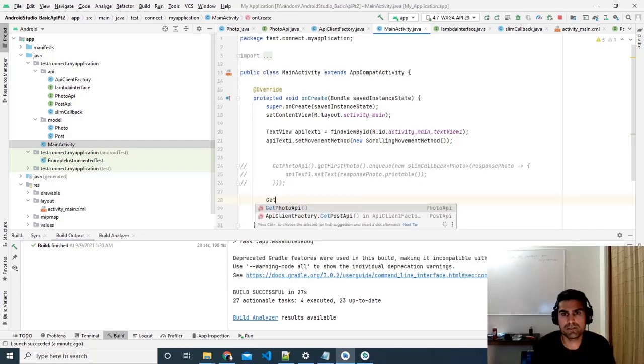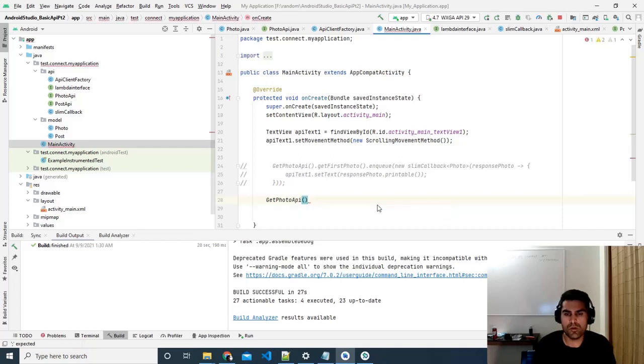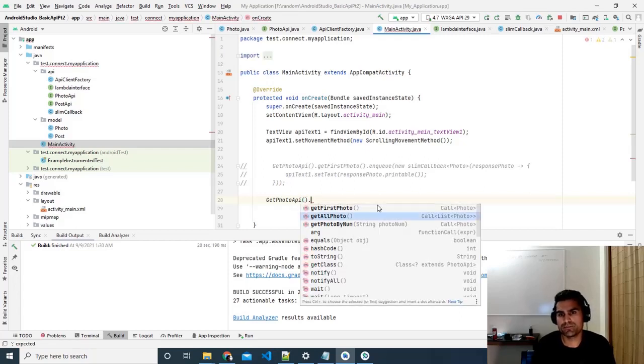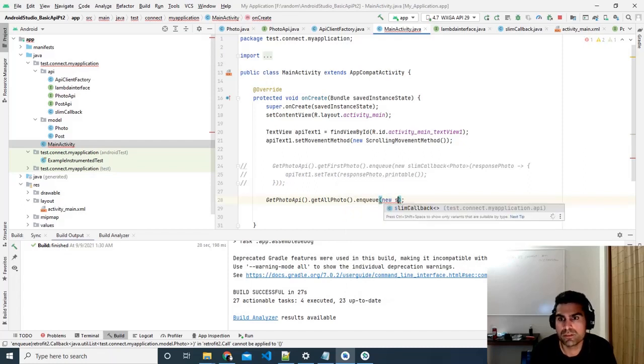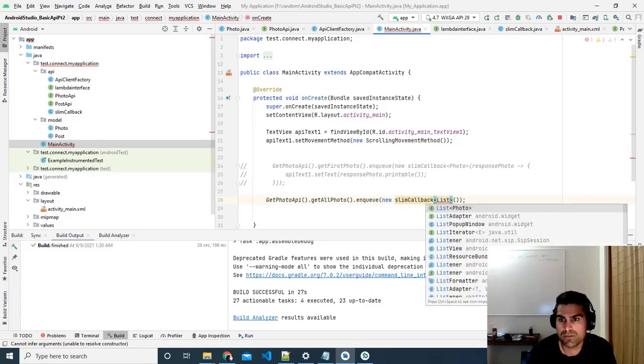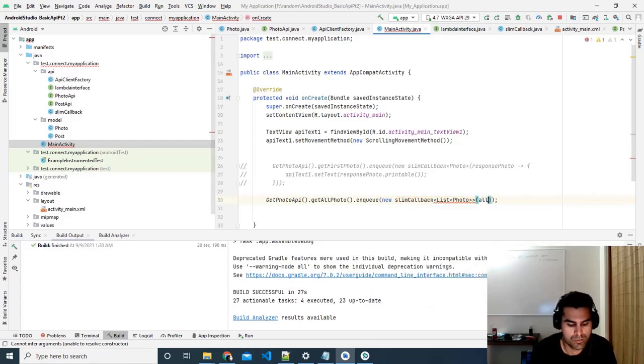Now I'm going to get all the photo JSONs that we just saw. So get all photos dot enqueue, new slim callback, and inside that we say just photos, and we're going to add in a debug message, which will be multiple